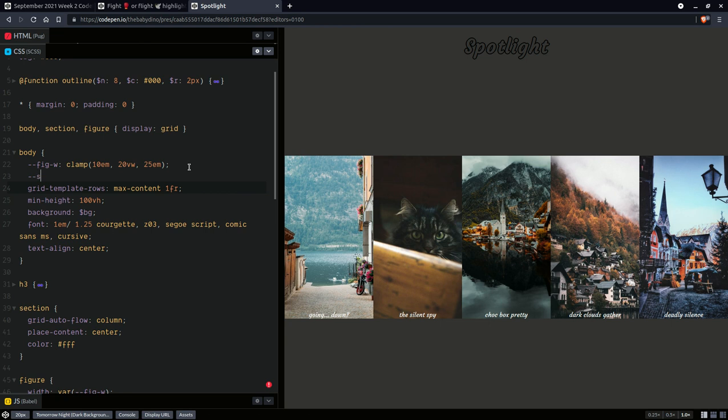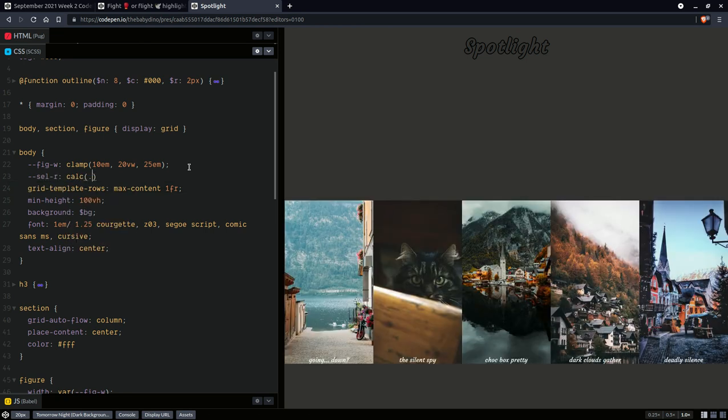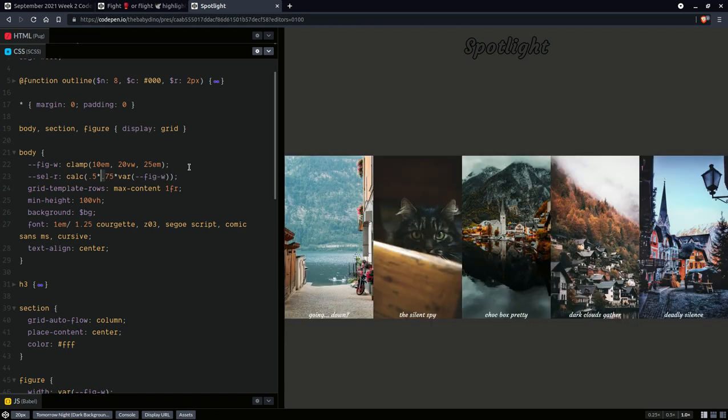So selection radius is going to be calc, so 0.5 times 0.75 times the figure width. But I guess I can just write this, because this is half of 0.75, right? Okay,